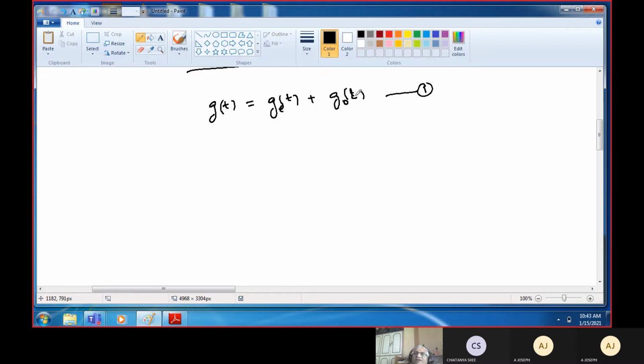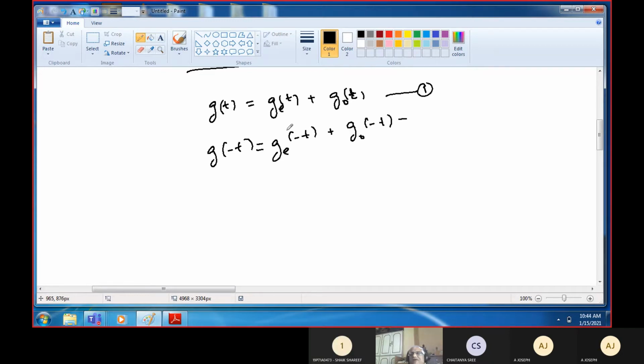Now what we will do is we will try to see what happens to this function on the right hand side when we change t to minus t. What will happen on the right hand side? Obviously everywhere we have to put minus t. So this becomes a second equation. I won't write it as second equation right now. I'll simplify this one. Now this is g of minus t, the actual function which is replaced with a minus t here everywhere. And right hand side, what do you have?